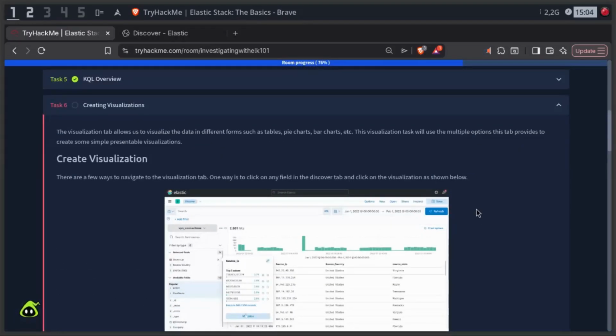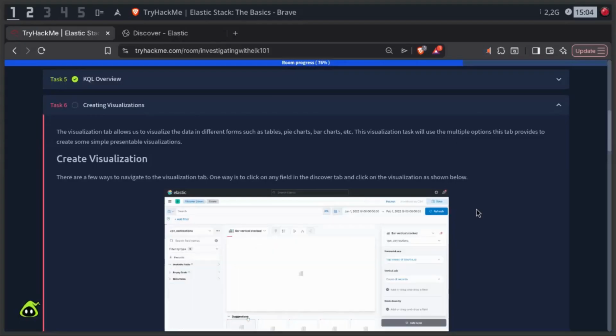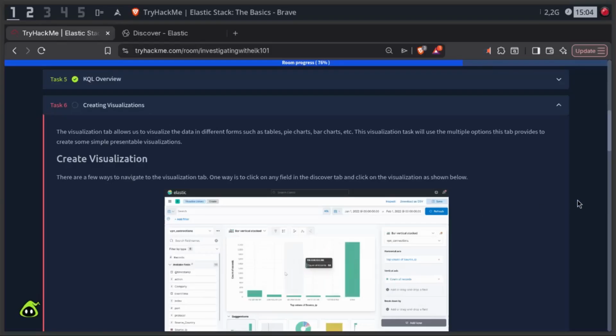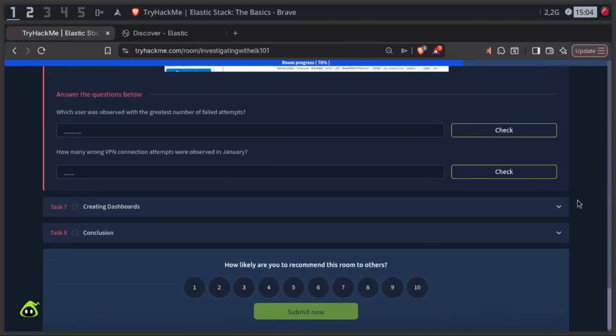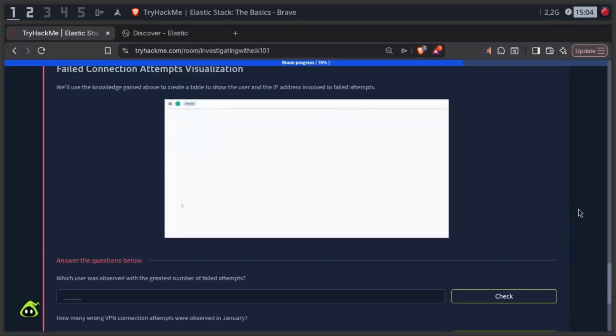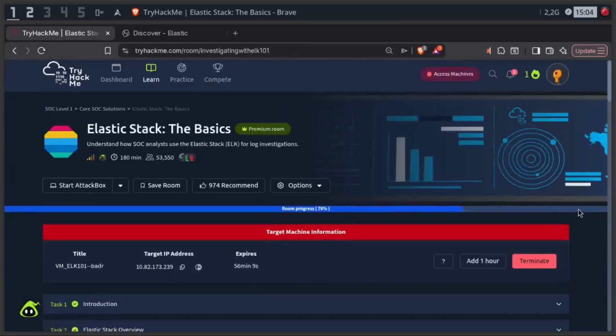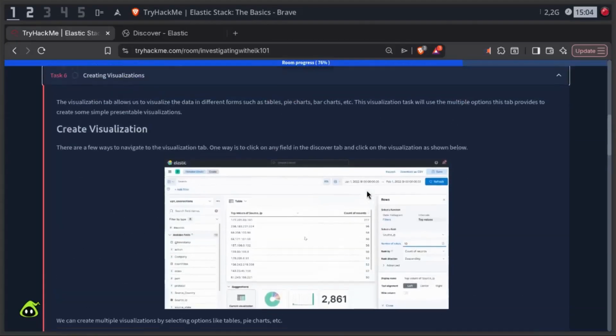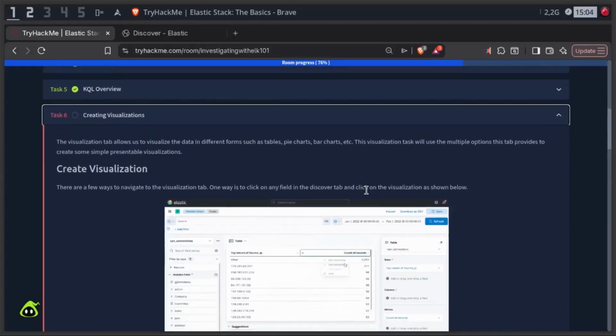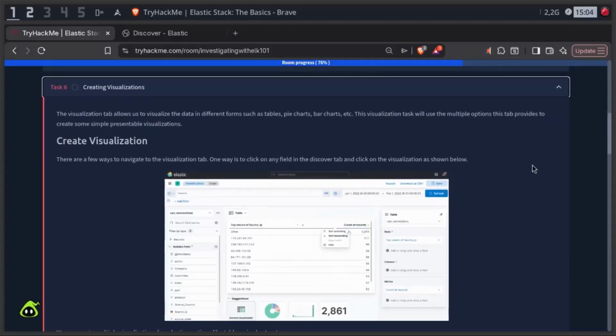Okay, we already created visualizations. Wasn't that one of the tasks, quote unquote tasks? Brother, what the heck? There's too many. There's way too many. This thing says an hour and 80 minutes, and I can kind of see why. We could blaze through this if we wanted to, but